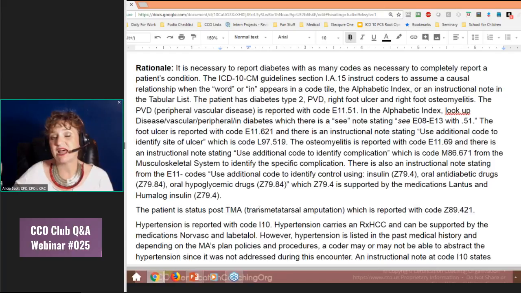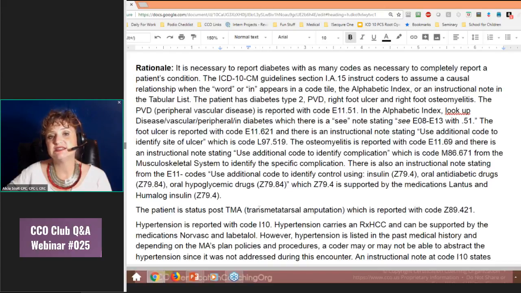If you've had osteomyelitis and already had a foot ulcer and you have PVD, it would be fabulous if this patient maintained their diabetes and everything was all honky-dory for another year, but chances are it's not going to be. So we have to have enough money set aside. Plus, statistically, we need to see how much it costs to treat a patient, on average, when they have these comorbidities. All right, so she refers to the guidelines and why you would need to code the specific PVD,